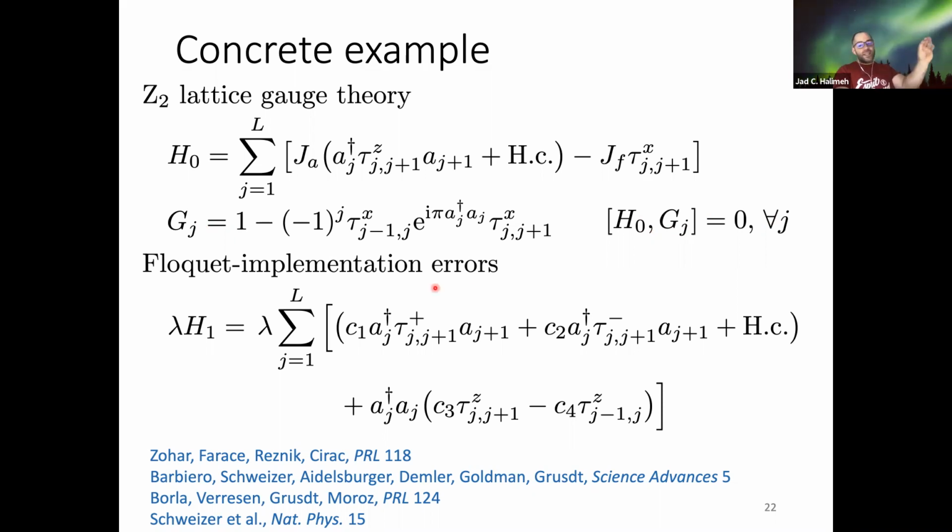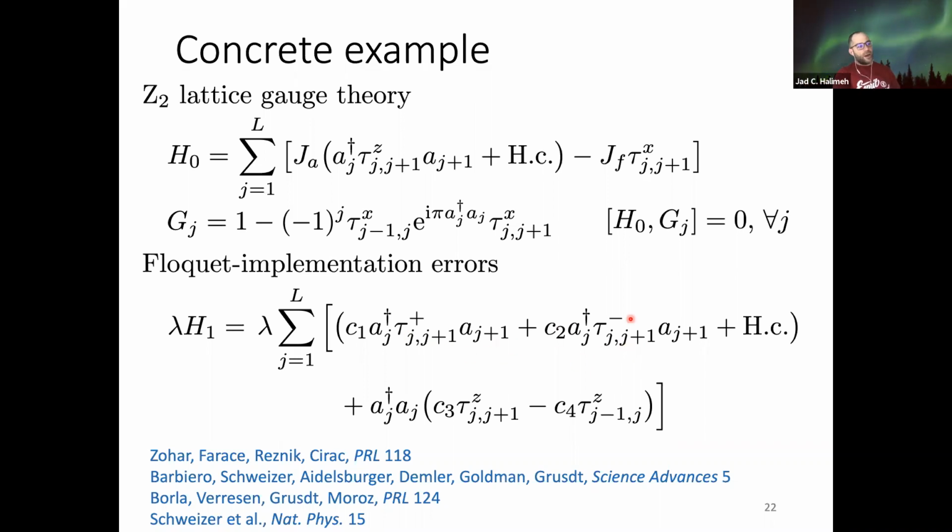And this is inspired by an experiment done in Monika Aidelsburger's group, Schweizer et al. in Nature Physics, if you want to look up the paper. And they do some Floquet implementation where they shake the lattice at a given driving amplitude, and they can come up with a building block of the Z2 lattice gauge theory, with the following errors that they classify really well in their paper. Now, what we will do is we will just assume that we are able to build an extended model of their system with the following errors.